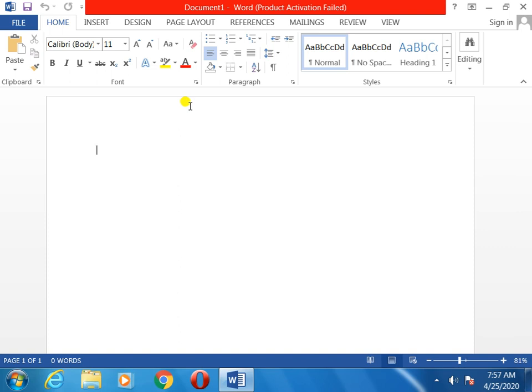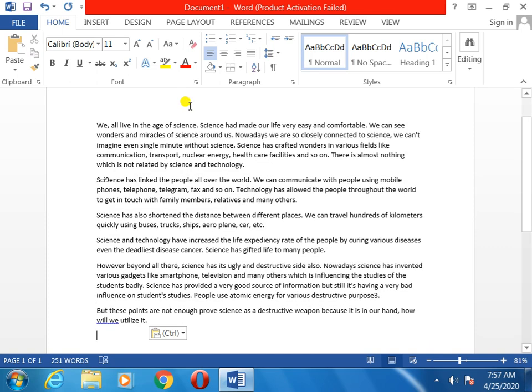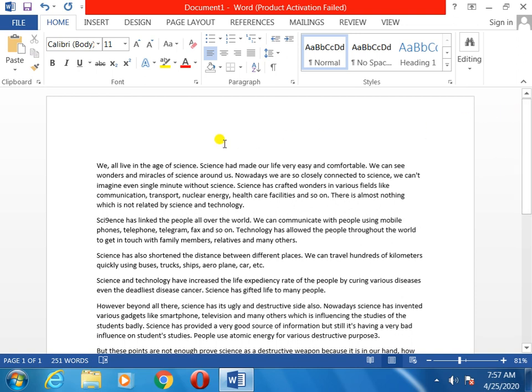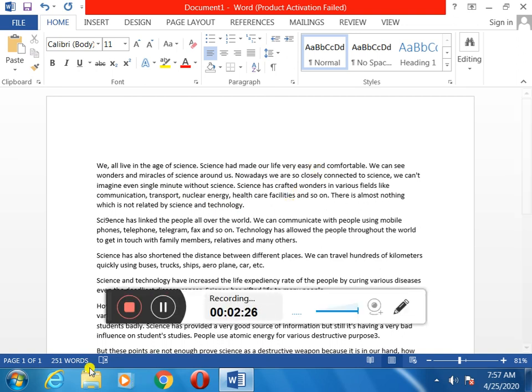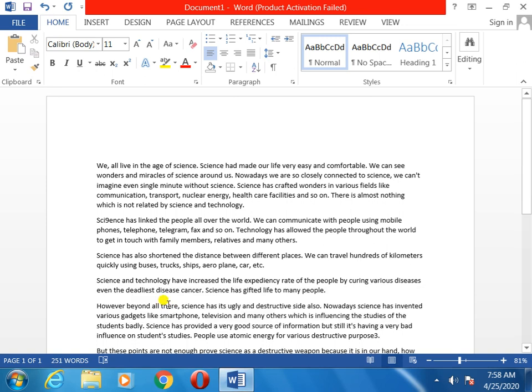So my dear students, I have written one paragraph regarding science. You can see the line here, there is no gap, or the gap is not more. But here you can see the line, the space is more.